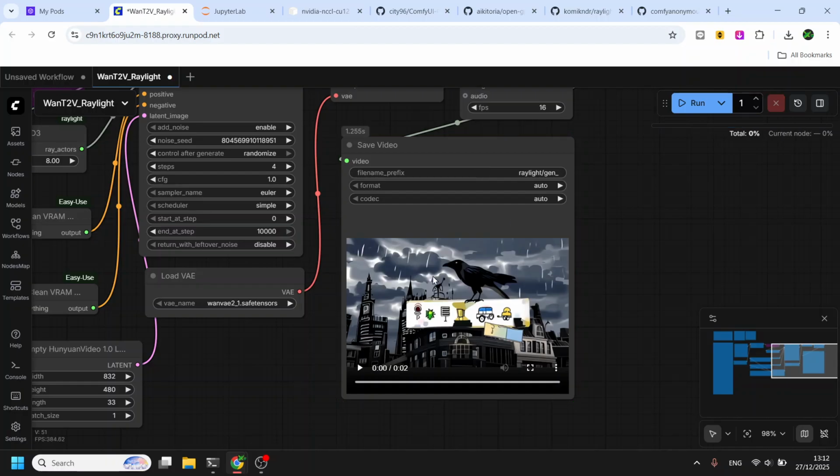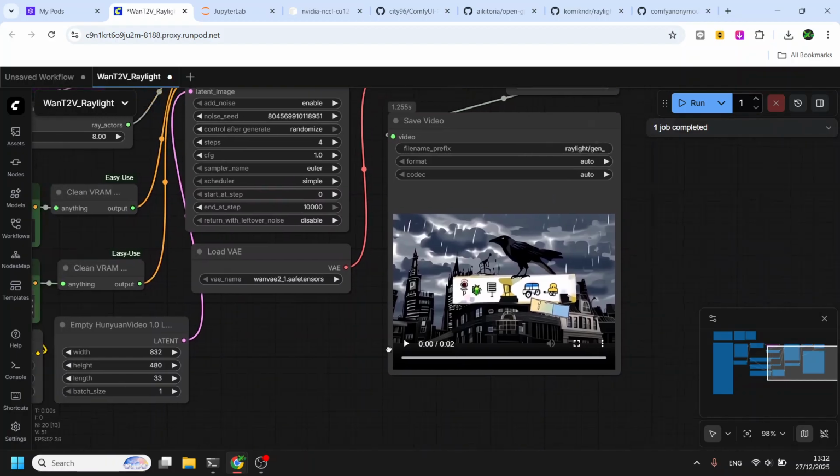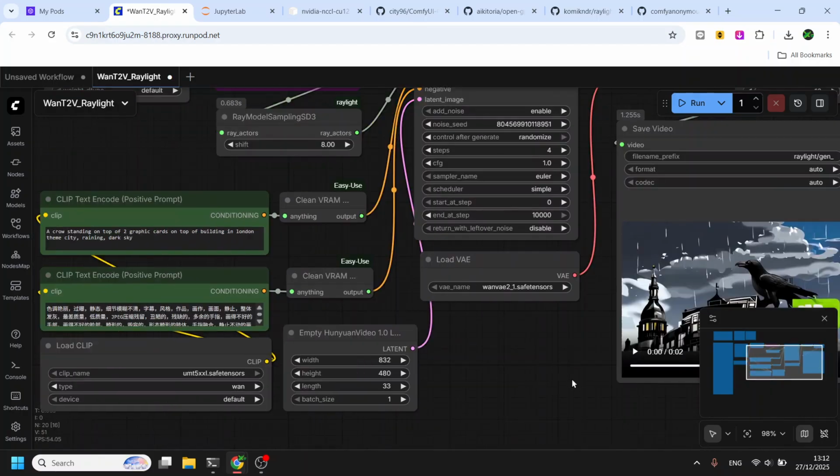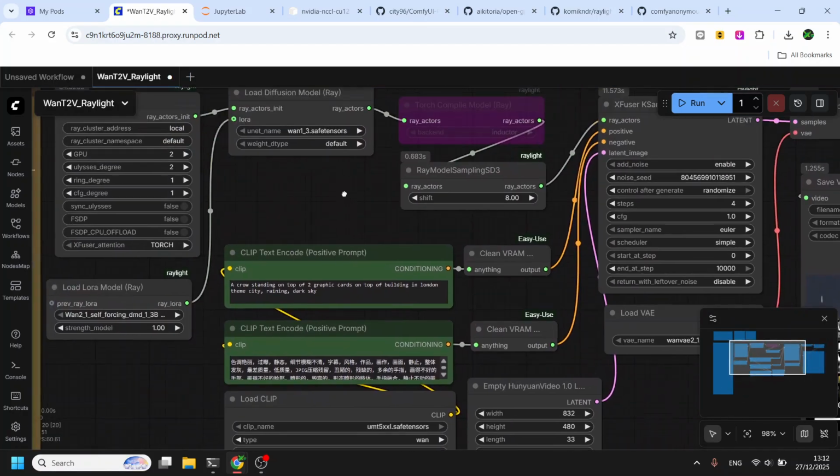After that we get our picture. Okay, I know it's a 1.3 model, so don't expect much. So again, if you are already satisfied with only USP, you're done.